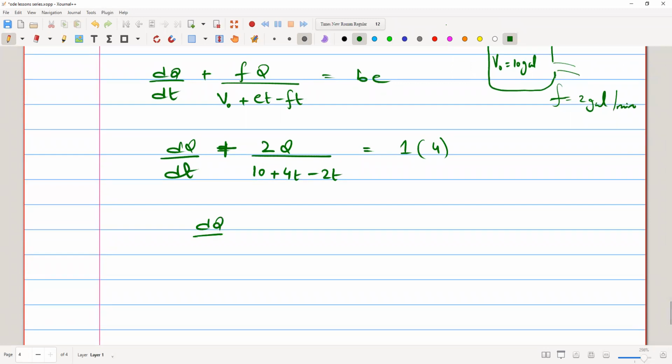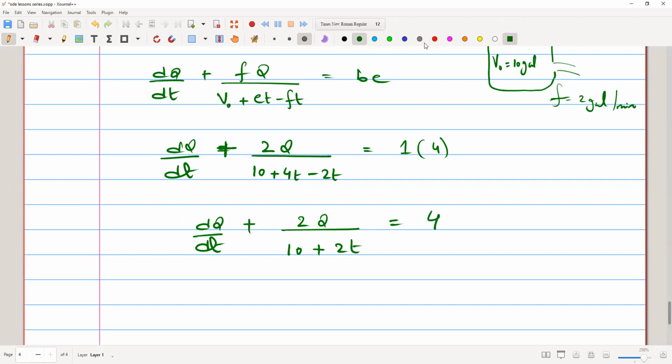So here we get dQ/dt plus 2Q over 10 plus 2t